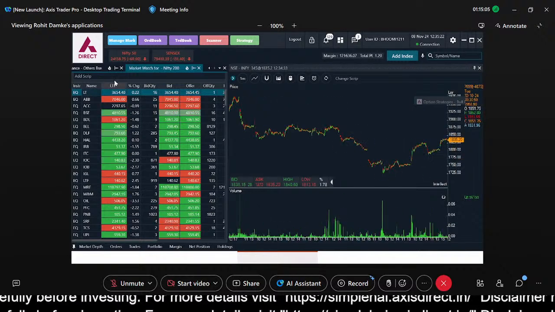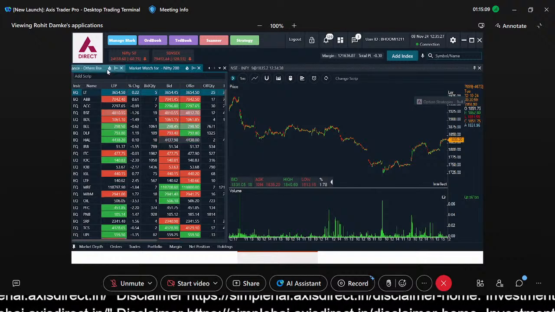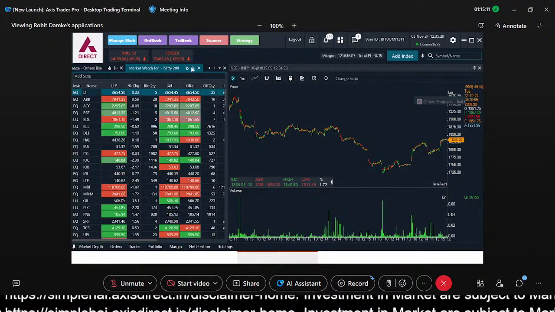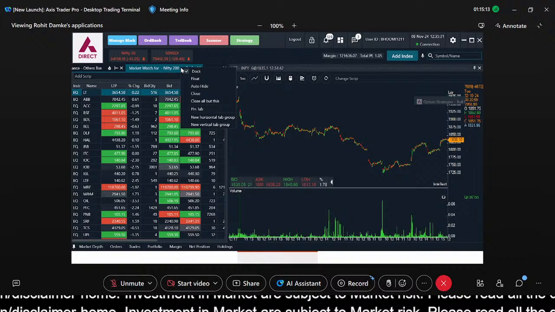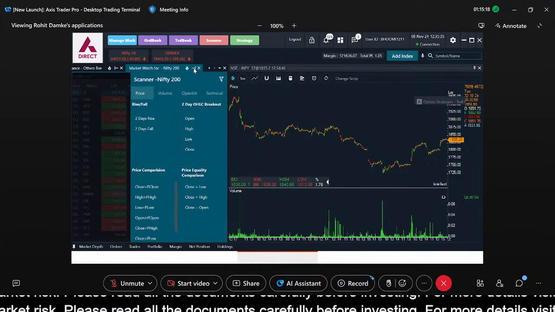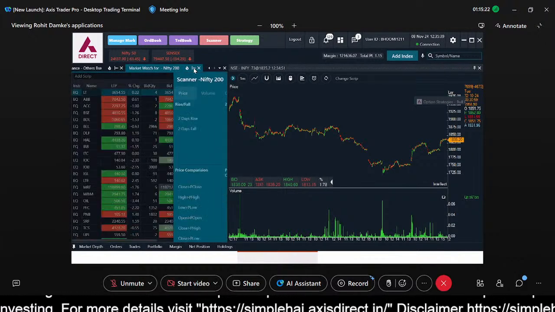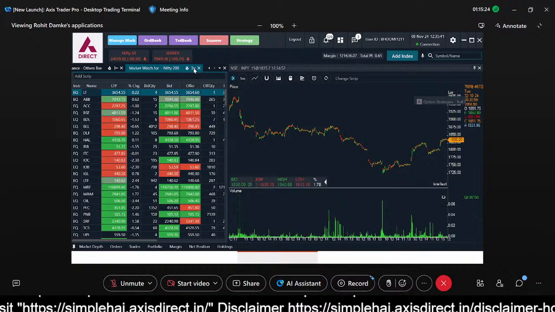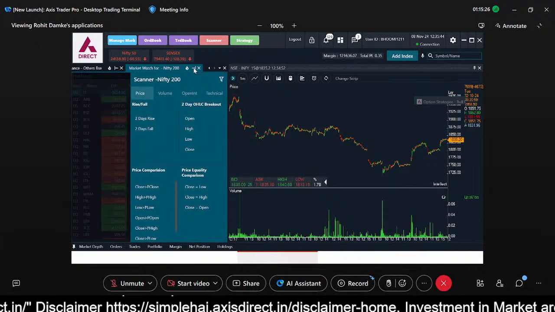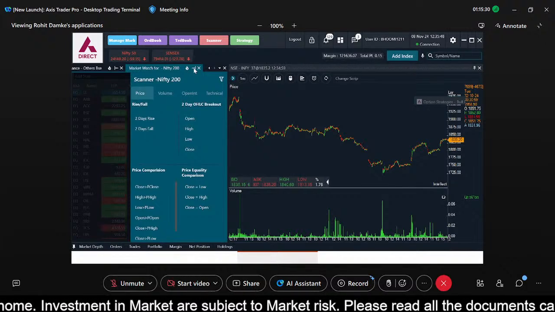Now, also there is one feature which I have missed out while explaining the watch list. I will explain it now. So suppose you are observing Nifty 200 stocks, and you want a scanner for those Nifty 200 stocks too. Again, that can also be done easily with our watch list scanner feature, wherein